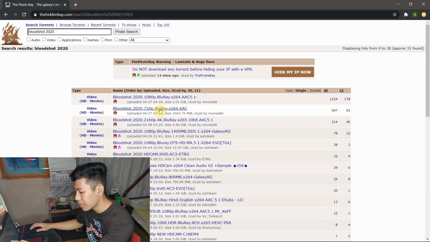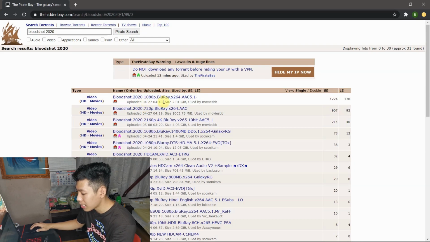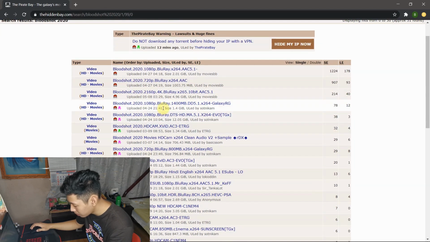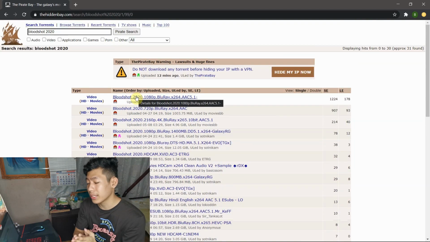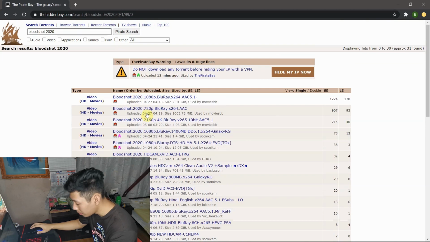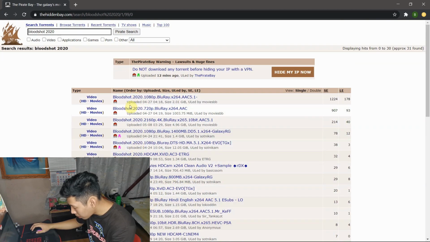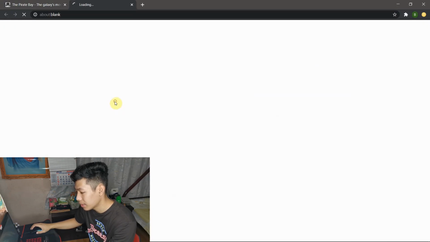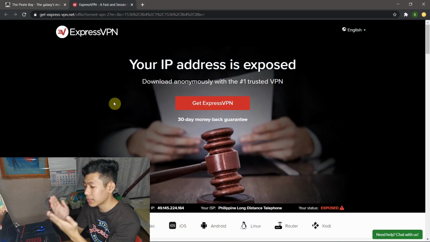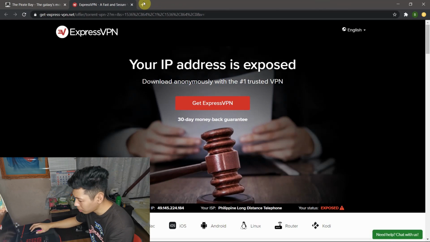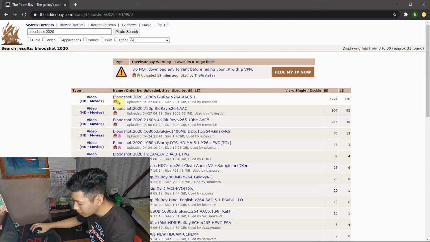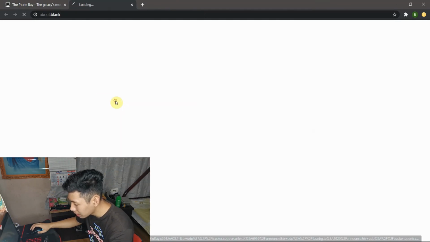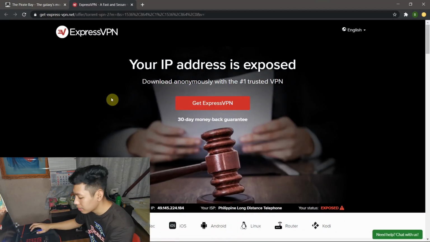As you can see, we have many options. We have 1080p, 720p, we have 4K here. Wow. We already installed our uTorrent, and this is going to be easy. So I might pick this first and click this magnet link, and yes, there it goes, the pop-up again. So basically close that, we don't need that, and click this magnet again, and yes,